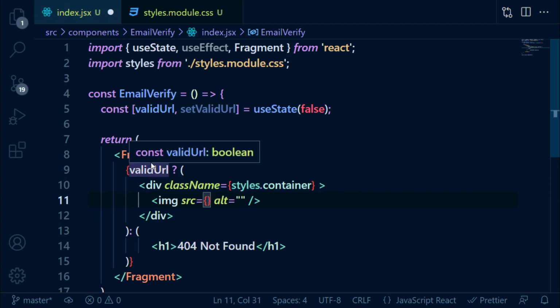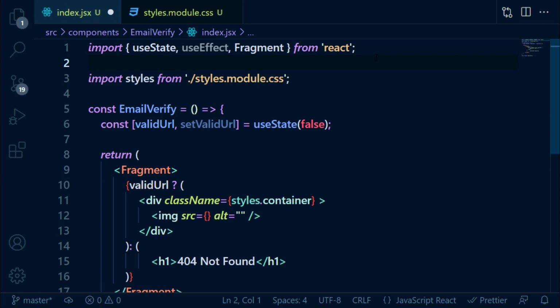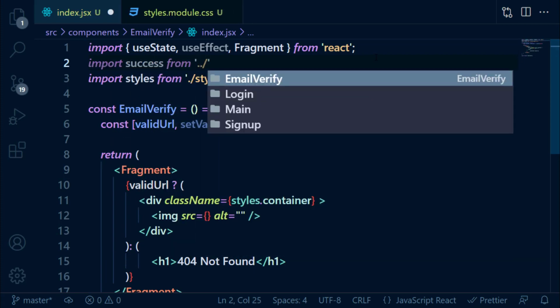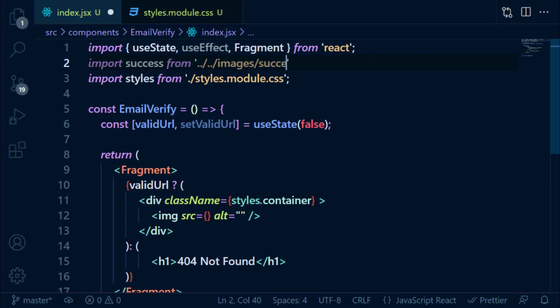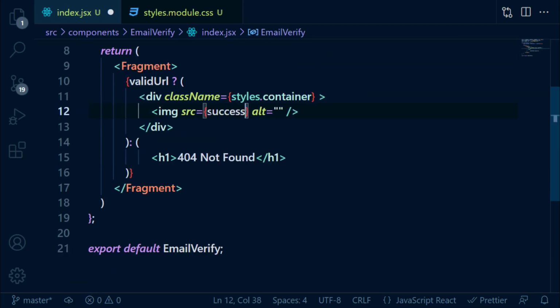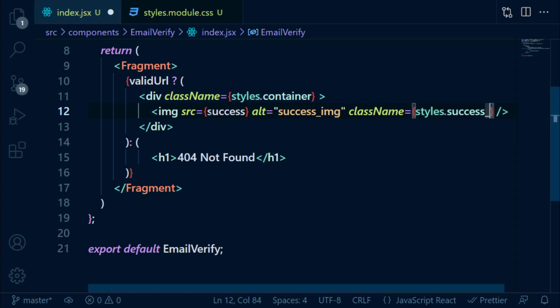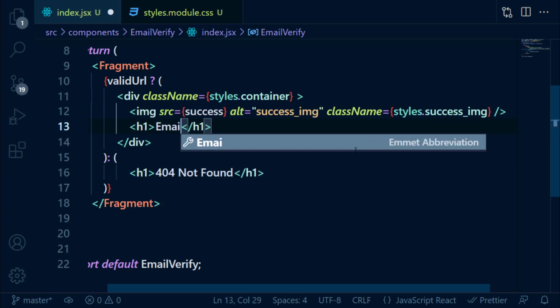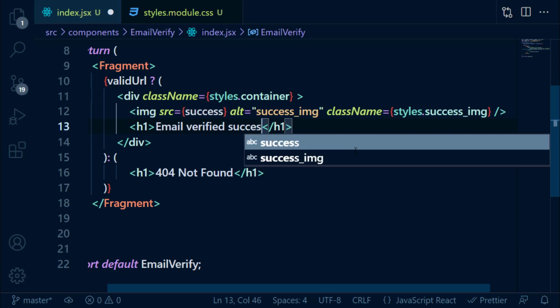Let's import image which I had earlier. Import success from images and success.png. Let's use this here, and it is a success image. Class name will be styles.success_img and h1 tag email verified successfully,